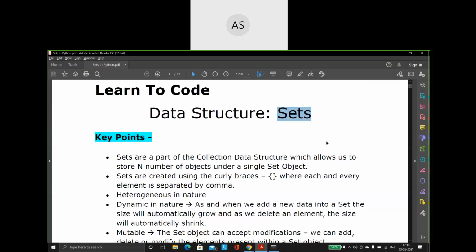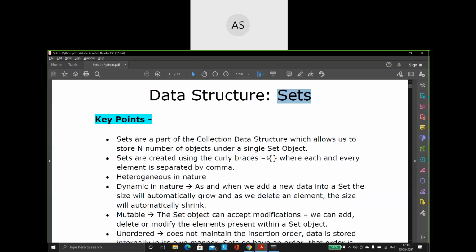So now the fourth data structure we are going to see is the concept of sets. Sets is again an important concept within Python. So first thing is how to create a set. Remember, sets are always created using curly braces. Using a pair of curly braces is how we always create a set. Now you might be thinking, we use the same curly braces for our dictionary also. So we are using the same curly braces for sets also.